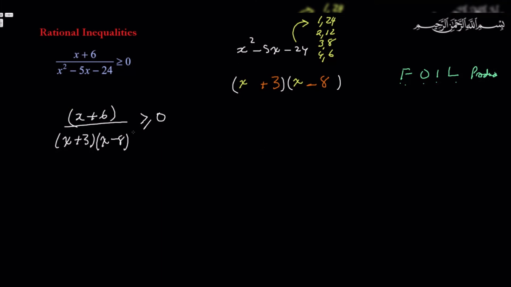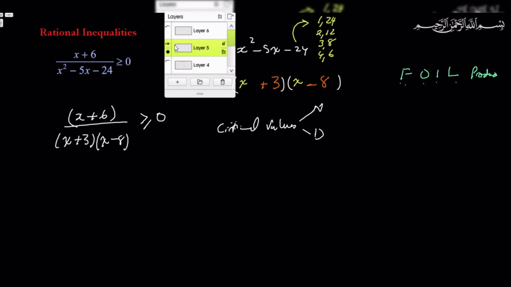You then find the critical values. The critical values, or critical points, will be the zeros of the numerator and the zeros of the denominator, that is -6 and -3 and 8, and you plot those, and then you do something like we did before. Not too difficult, right? The last example I'd like to share with you before I finish in a similar way